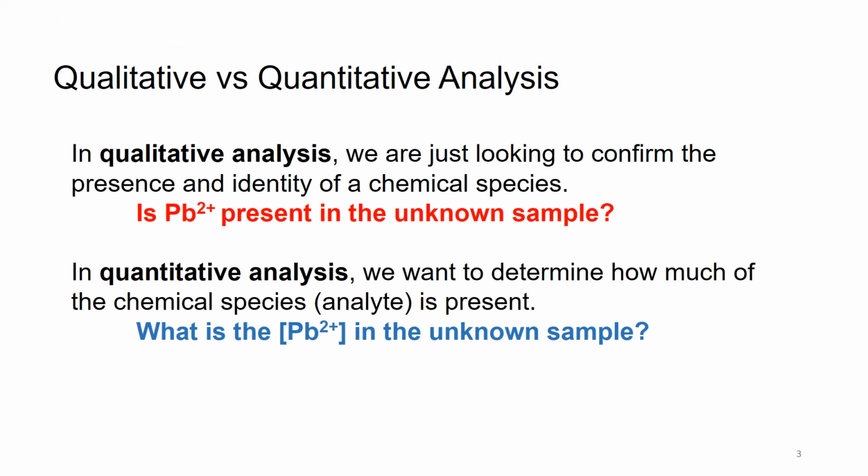In a qualitative analysis, we're just looking to confirm the presence and identity of a chemical species. For example, we need to answer this question: is lead 2+ ion present in the unknown sample? In a quantitative analysis, we also need to determine the amount of the chemical species. For example, we need to answer this question: what is the amount or the concentration of lead 2+ in the